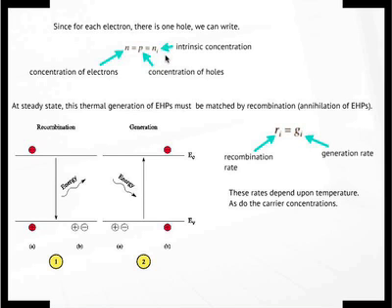That's all that means. Given enough time, of course. It needs time to reach the equilibrium. Okay? And we can model the rates as proportional to the concentrations of the carriers by some constant. So the recombination rate as well as the generation rate is some constant alpha times n naught times p naught,